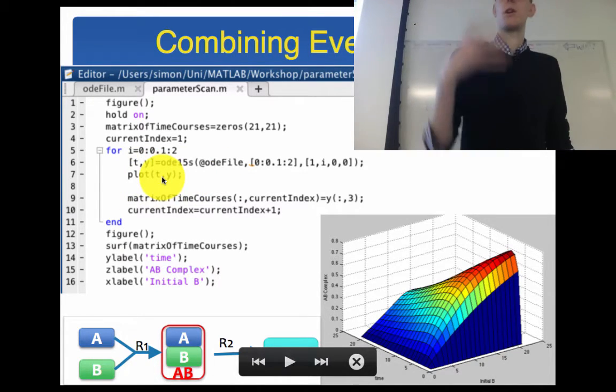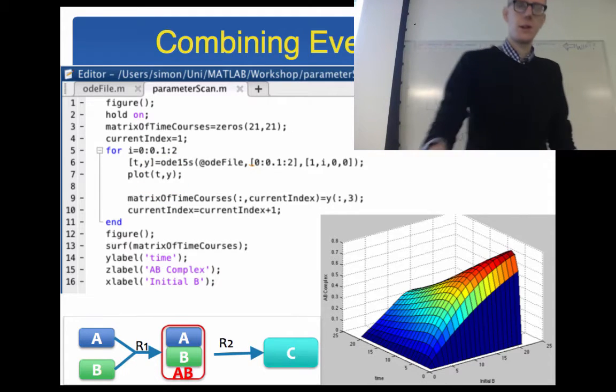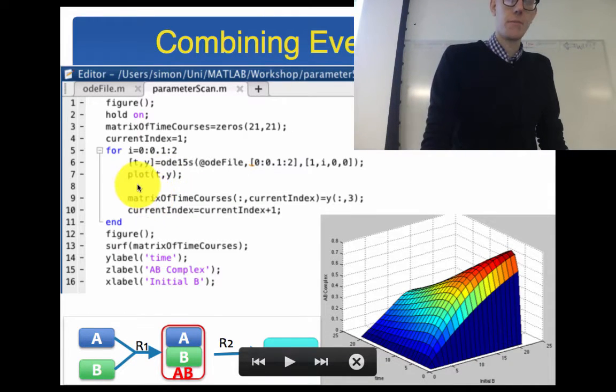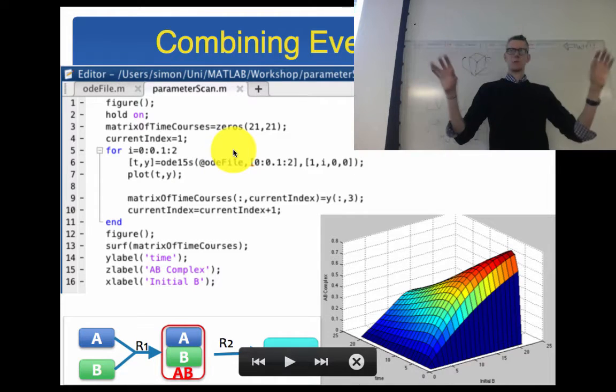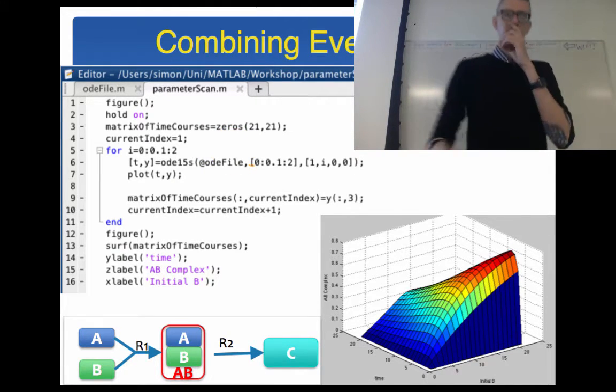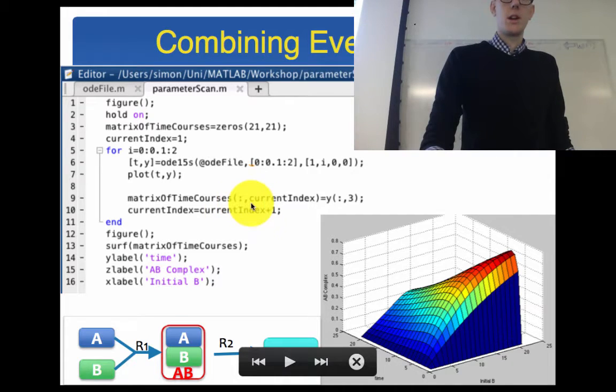It's going to create 21 individual plots, which can be messy. They're all going to be on top of each other because we had hold on. But what I really want to do is store all these time courses that we're producing as we go along in this matrix of zeros that we just created. So matrix of time courses, remember it's 21 zeros by 21 zeros. I want to store at the current index, filling the entire column,